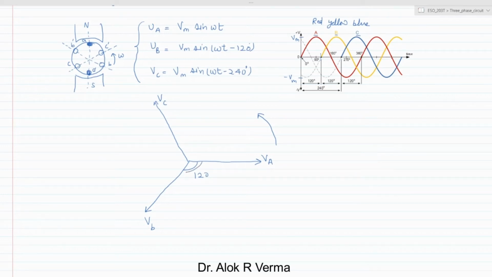Similarly, this is 240 degree. So this can be written as plus 120 degree also. So this we can also write as VM sin omega t plus 120 degree. Okay, minus 240 or plus 120 degree is the same thing. So when we write it in a phasor form, VAA or the voltage VA is nothing but V angle 0